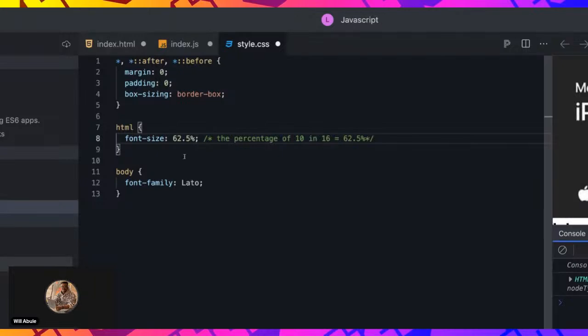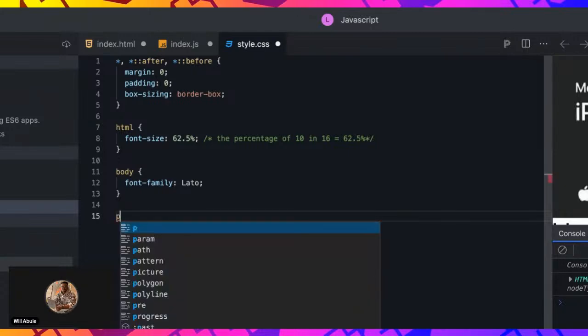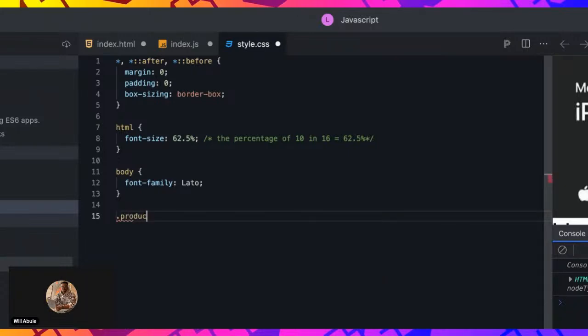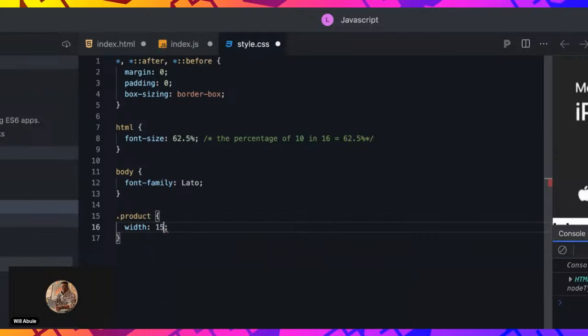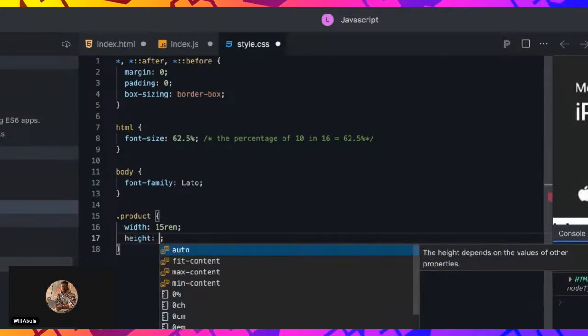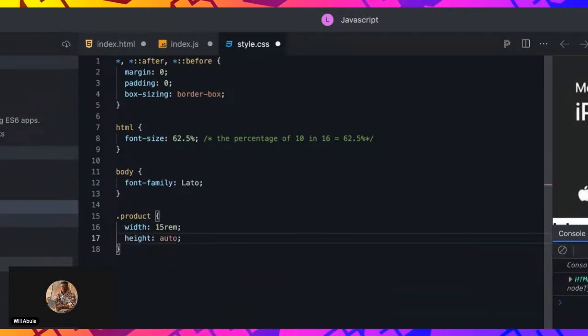Right. So with this basic setup, let's actually get to the actual work. I'm going to give the product class, so dot product, a width of, let's say, 15 rem, right? And let's give it a height of auto. Auto height. And now the next thing we need to worry about is the